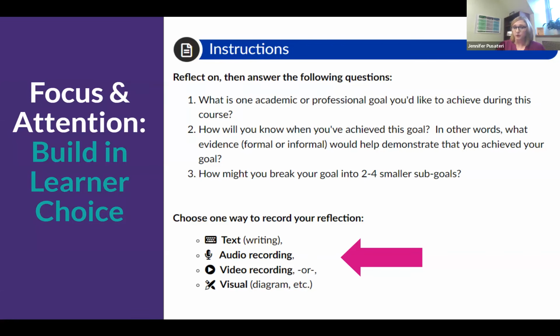You can make an audio recording, which you can do easily in Canvas. You can do a video recording. Again, you can also do that in Canvas, or you can take a picture of something you've drawn. Sounds great. As long as you're conveying the answer or the information, then it doesn't necessarily matter to me which way you do that. And so that really can help students find a way that works best for them, and a way that's really going to show you what they know or what they've learned a lot better.